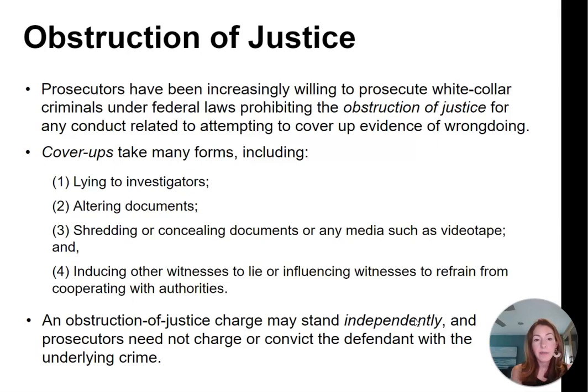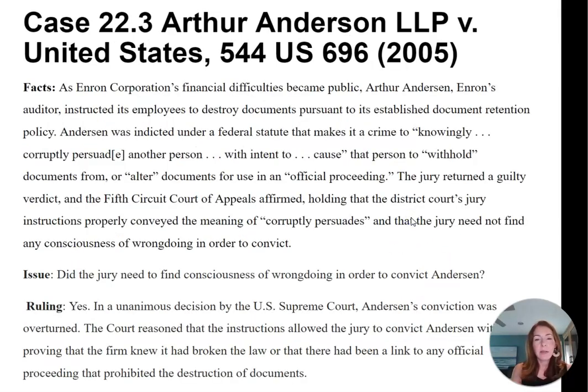Changing documents, right? When you're supposed to provide certain documents and you alter them in some way. Shredding or concealing documents or any media such as videotape. Inducing, right, influencing witnesses to lie or to refrain from cooperating with authorities. So here is an example of this famous case that we talk about when we are within this area